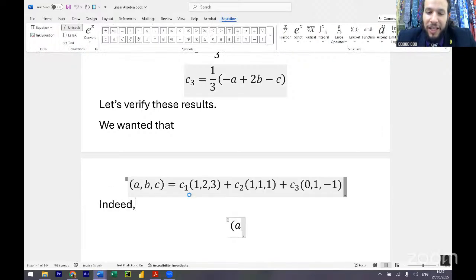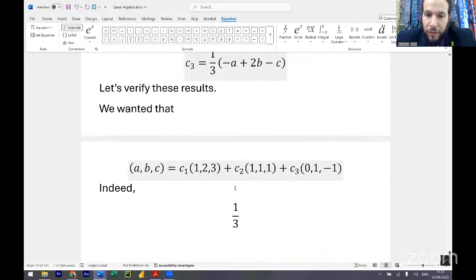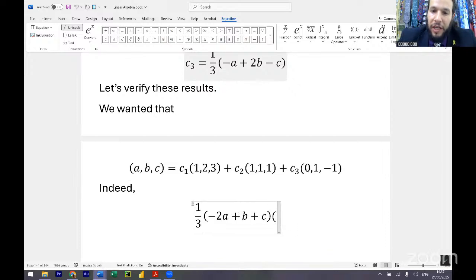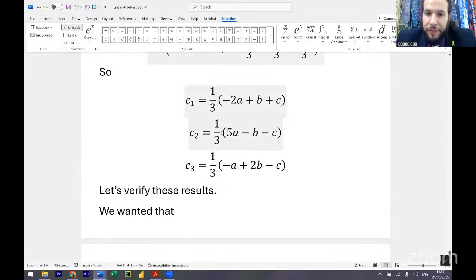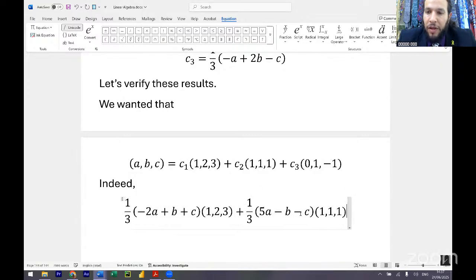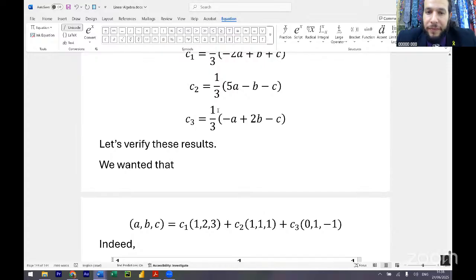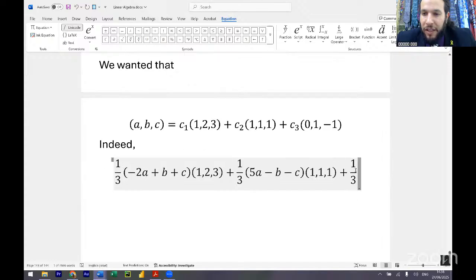Indeed, A, B, C. I won't write the A, B, C. A third times the C1 is a third times this times 1, 2, 3 plus a third, that's C2 times 1, 1, 1 plus a third times this is C3 times